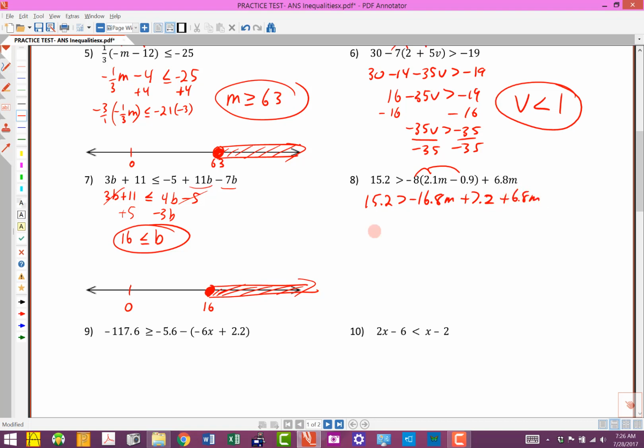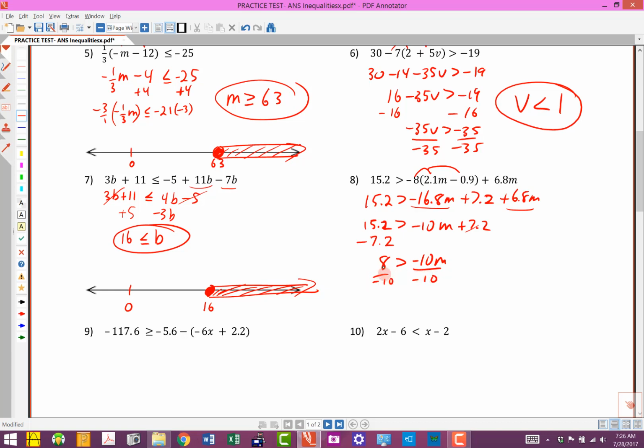We are going to combine some like terms here, so we've got 15.2 on this side, and then let's see, if we put the two of those together, we end up with negative 10m, plus 7.2. We're going to move this to the other side by subtracting. Again, nothing that we've done so far is going to change the direction of the inequality. This is going to give us an 8 and negative 10m, and then finally we're going to divide by negative